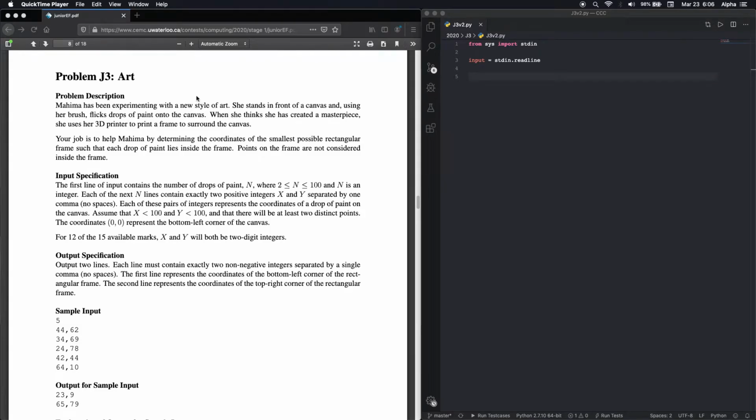This is problem J3 of the 2020 CCC contest solution. Let's start with the description. Ahima has been experimenting with a new style of art. She stands in front of a canvas and, using her brush, flicks drops of paint onto the canvas. When she thinks she has created a masterpiece, she uses her 3D printer to print a frame to surround the